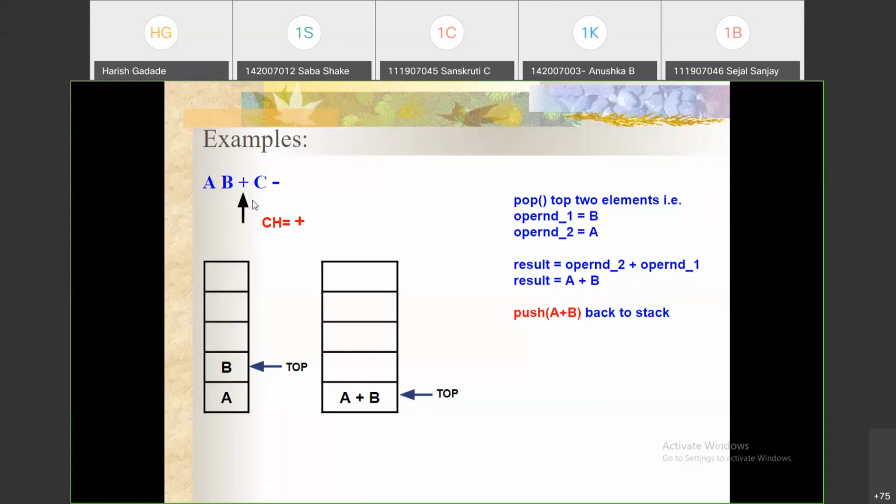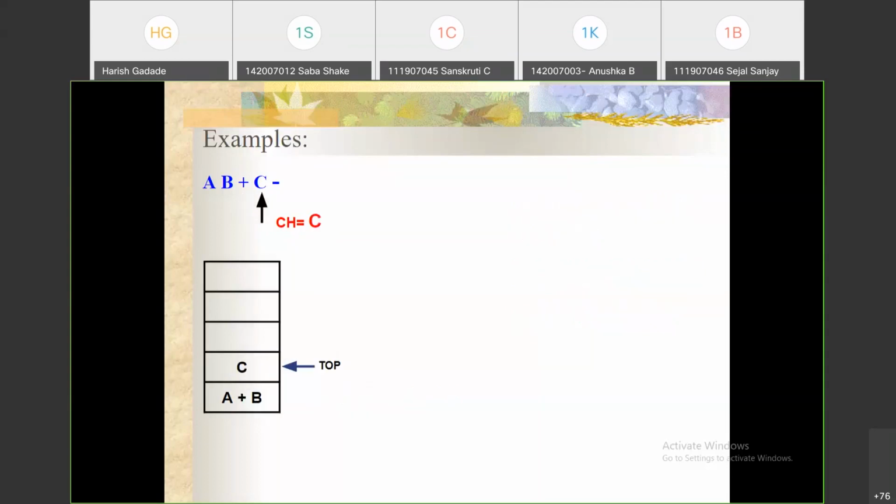Now again read the next character, that is C. As C is an operand, push that operand into the stack. A plus B is the first element, and the top element is C.